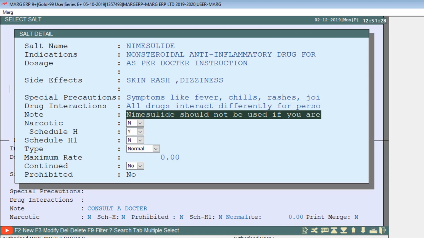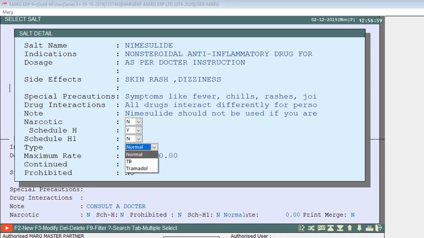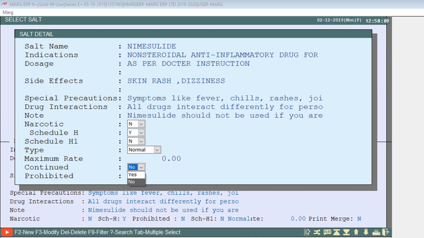Apart from it, you can also select whether this salt is narcotic or not, Schedule H or not, and Schedule H1 or not. You can define the salt type and maximum rate. Apart from it, you can also select whether to continue billing for this salt or not, as some products are banned by the government. So you can set from here whether you want to continue the billing of that salt or not.